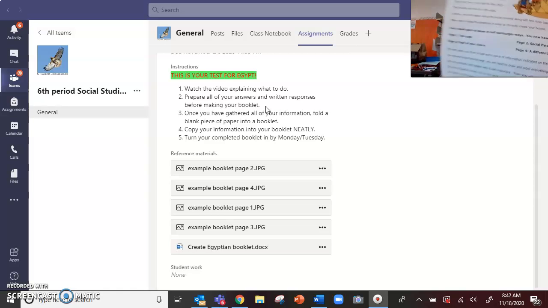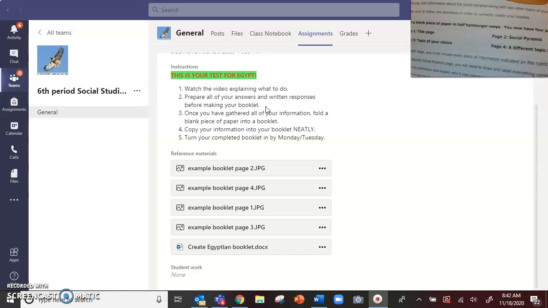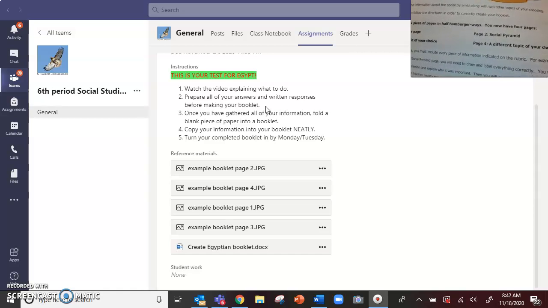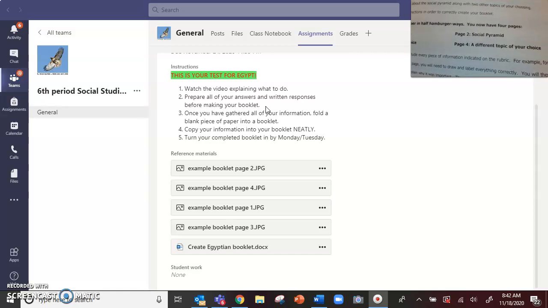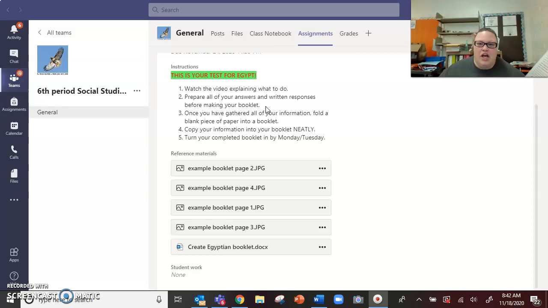Your first page is going to be the title page. Your second page will be about the social pyramid, and then pages 3 and 4 are topics that you get to choose, okay? On your